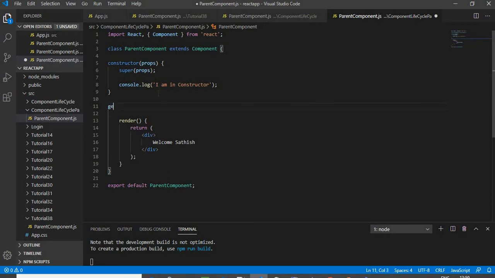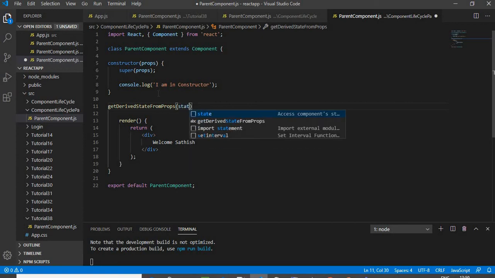And the next method that we have is getDerivedStateFromProps. Inside this you have to pass two parameters, one is state and another one is props.